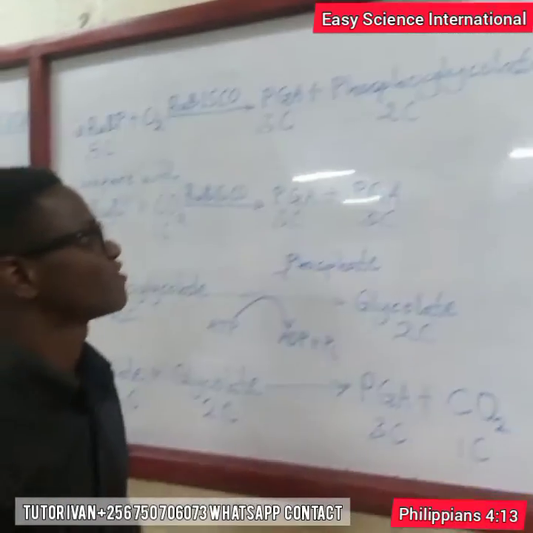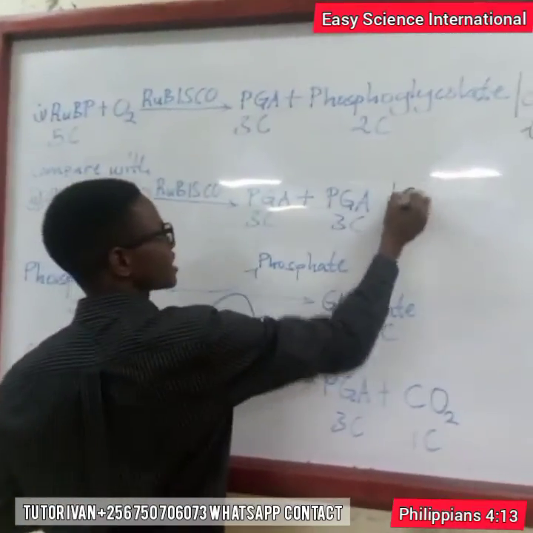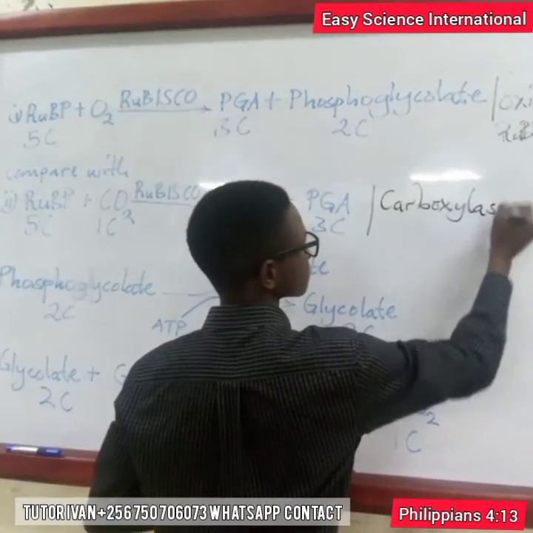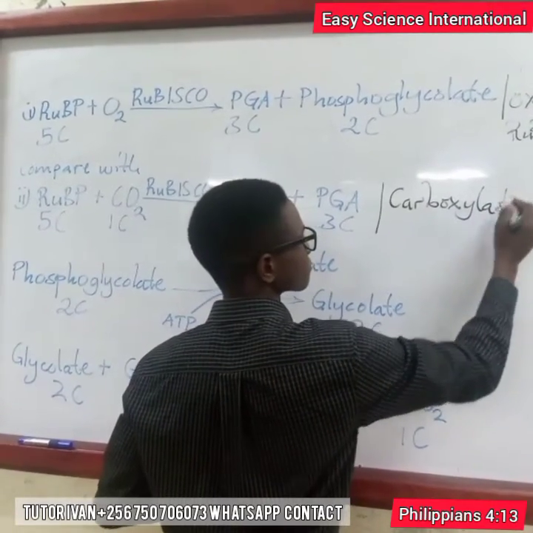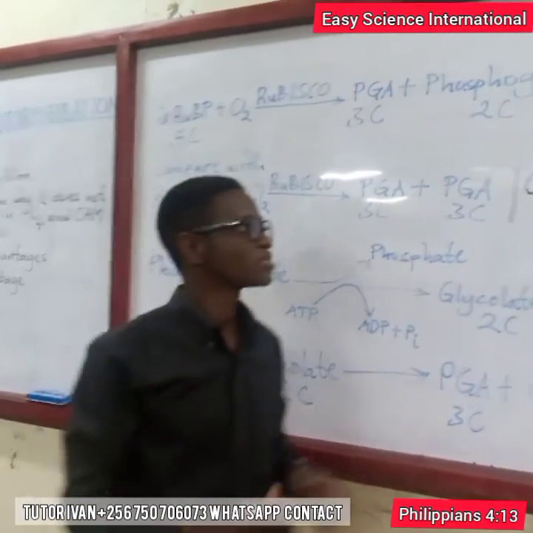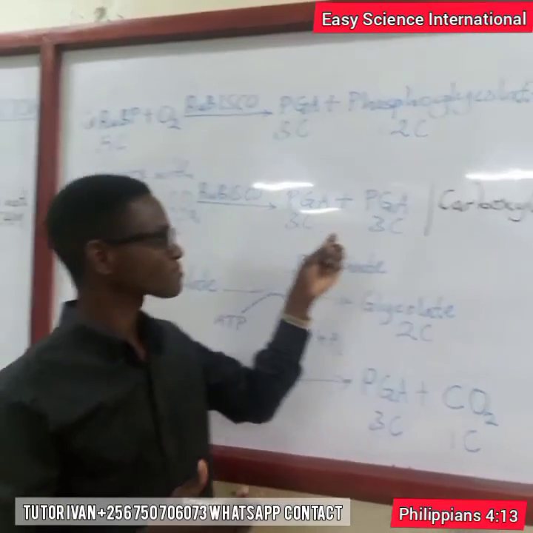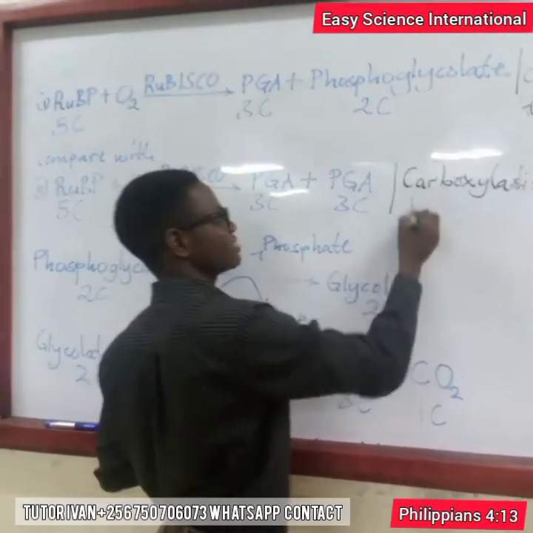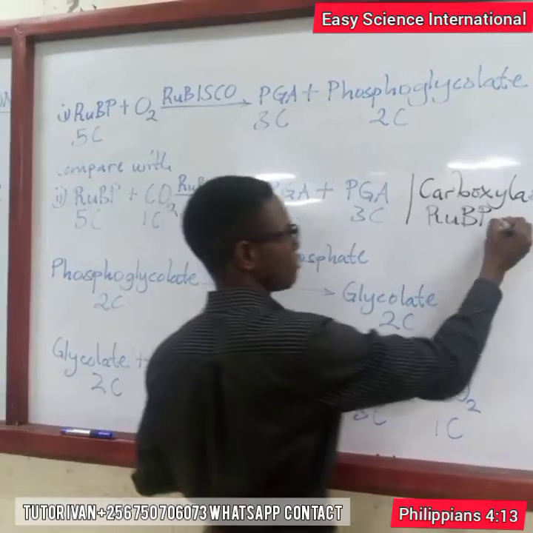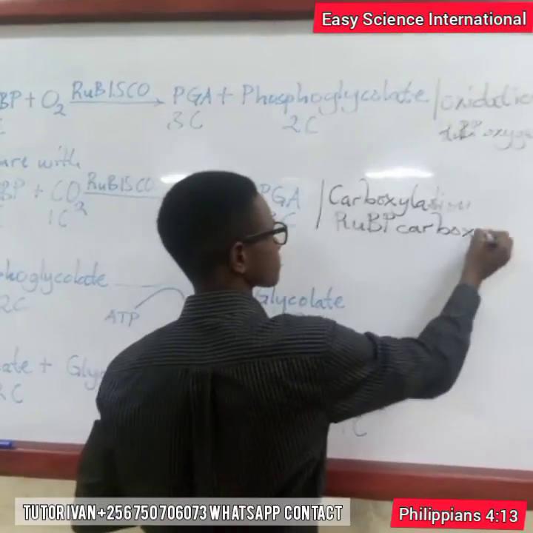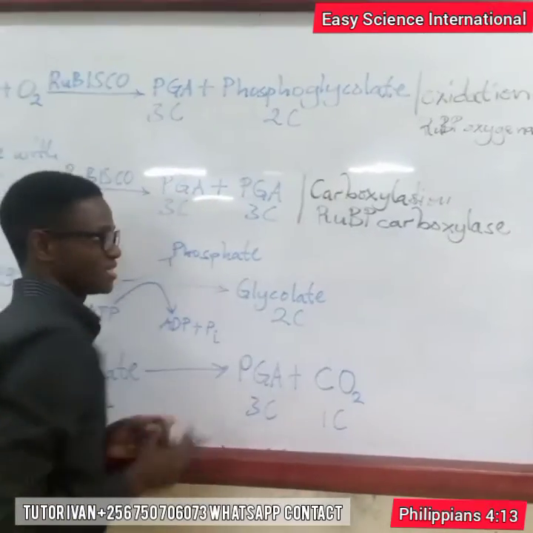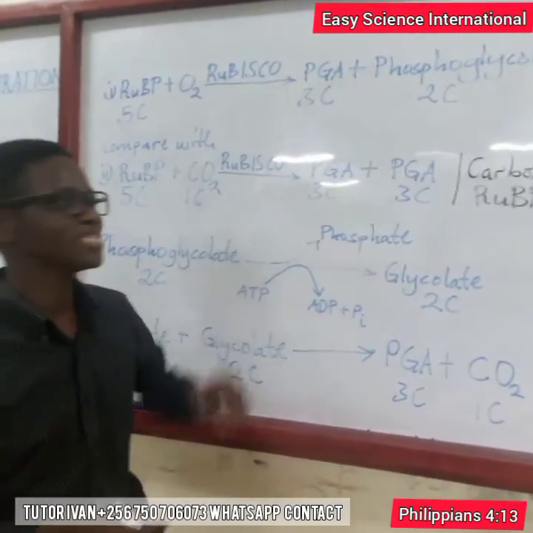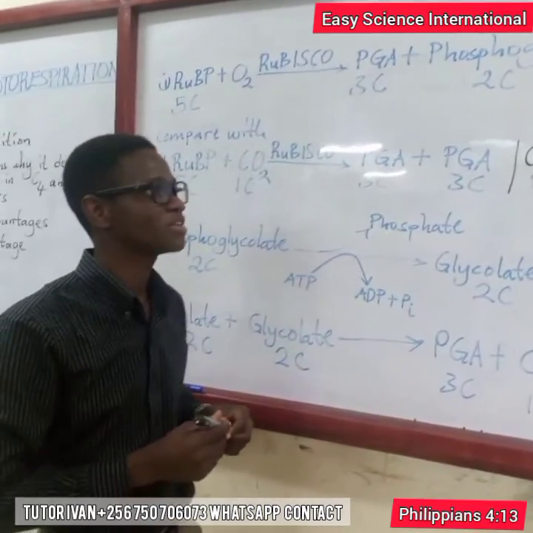Now, however, the second reaction is known as carboxylation. So, here we see that RuBP accepts carbon dioxide in a reaction that is catalyzed by an enzyme known as RuBP carboxylase. However, we always take this reaction to be catalyzed by one enzyme which we commonly refer to as